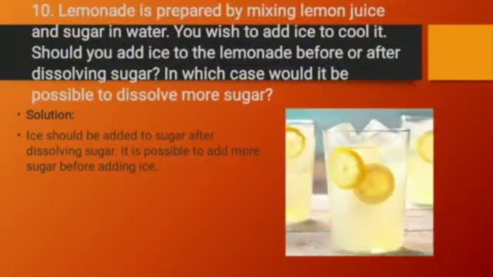see, while you make lemonade, you add lemon juice in water and then sugar and stir, and then at last only you add ice to cool it down. So if you first add ice and then sugar, what will happen? It will not dissolve, because it is not possible to dissolve more sugar before adding ice. So we should add ice to the lemonade after dissolving sugar, because sugar dissolves in lemon juice easily without ice,